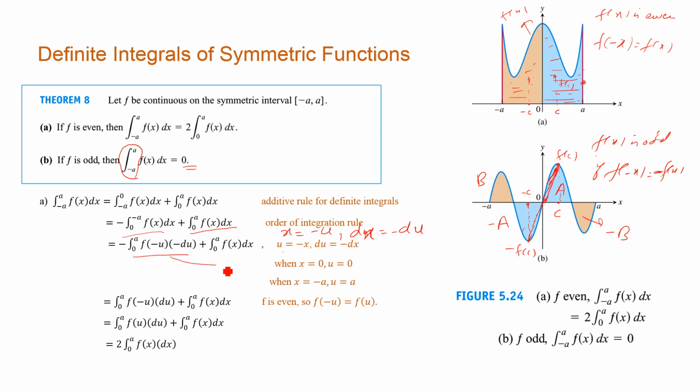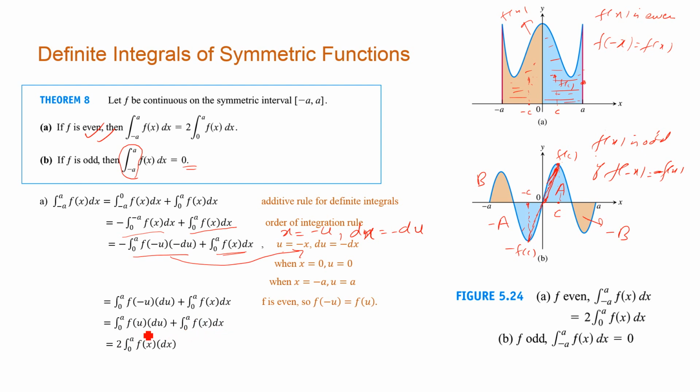These substitutions are for this first integral. We're not going to change this one. Okay, this is for the first integral. Now just simplify it. This negative negative makes it positive. So f of minus u du, since f is an even function. Okay, f is an even function. Then f of minus u is f of u. Okay, so this becomes integral from 0 to a of f of u du plus 0 to a of f of